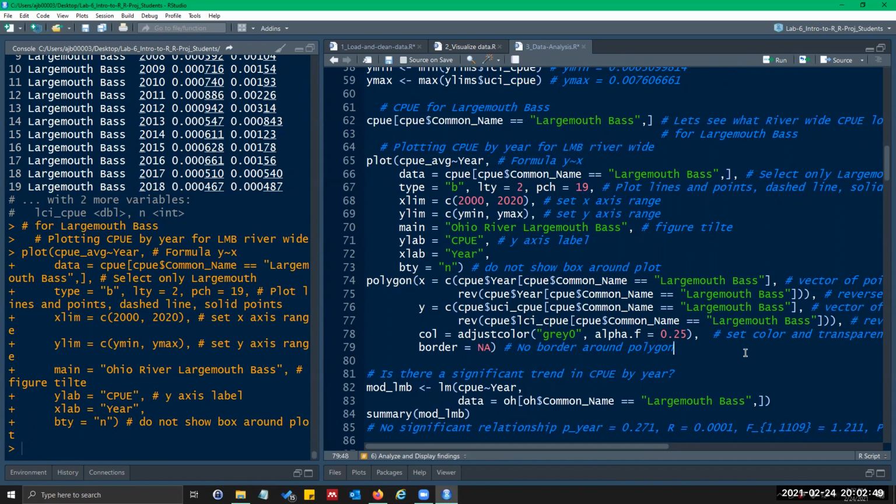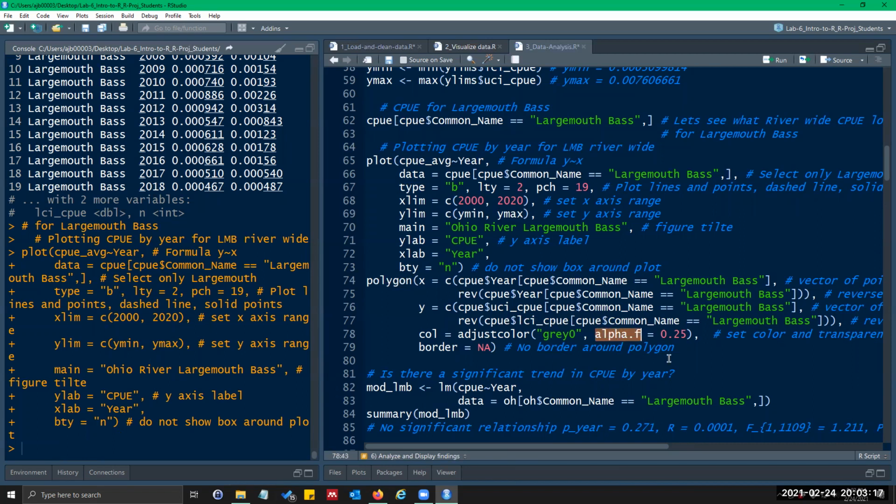And it might get confusing with your parentheses, but you can see if you click, it'll highlight them. So this color, you don't need to adjust. col equal is just saying what color should the polygon be. I use this adjust color function. I chose gray 0 because it's kind of like a light gray, separated with a comma.